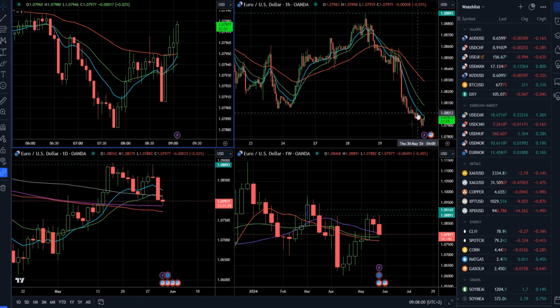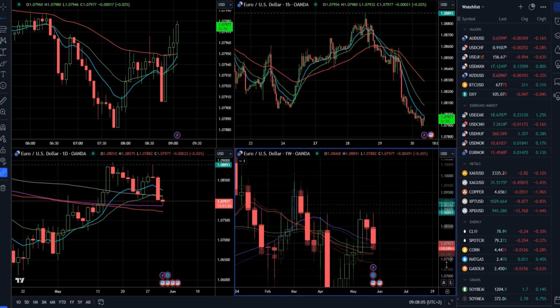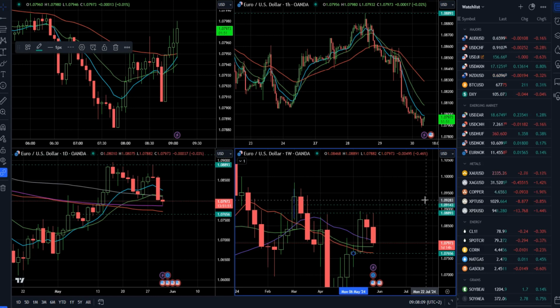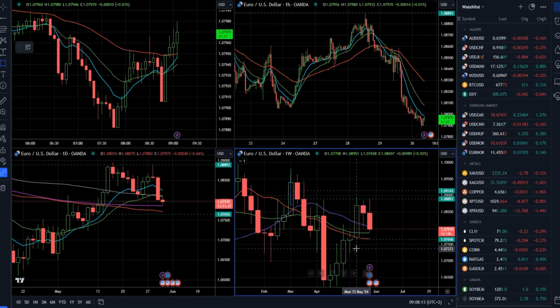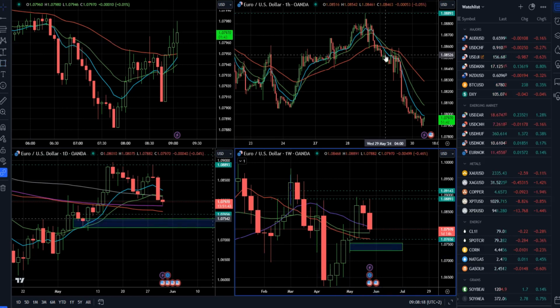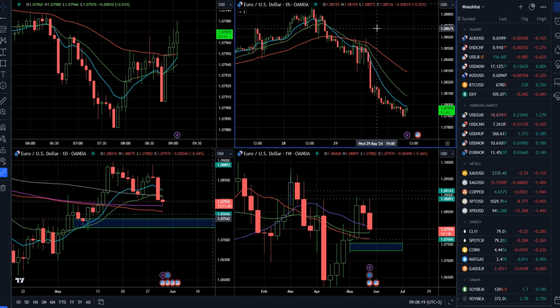And we can see at this point that weekly, there is a weekly 2-week low around 1.0765, which is the next downside objective on the euro dollar. And then we have a pin bar area or a tail around 1.0730, 740 mark. So those are the next downside objectives on the euro dollar, but we can see the hourly market is now,